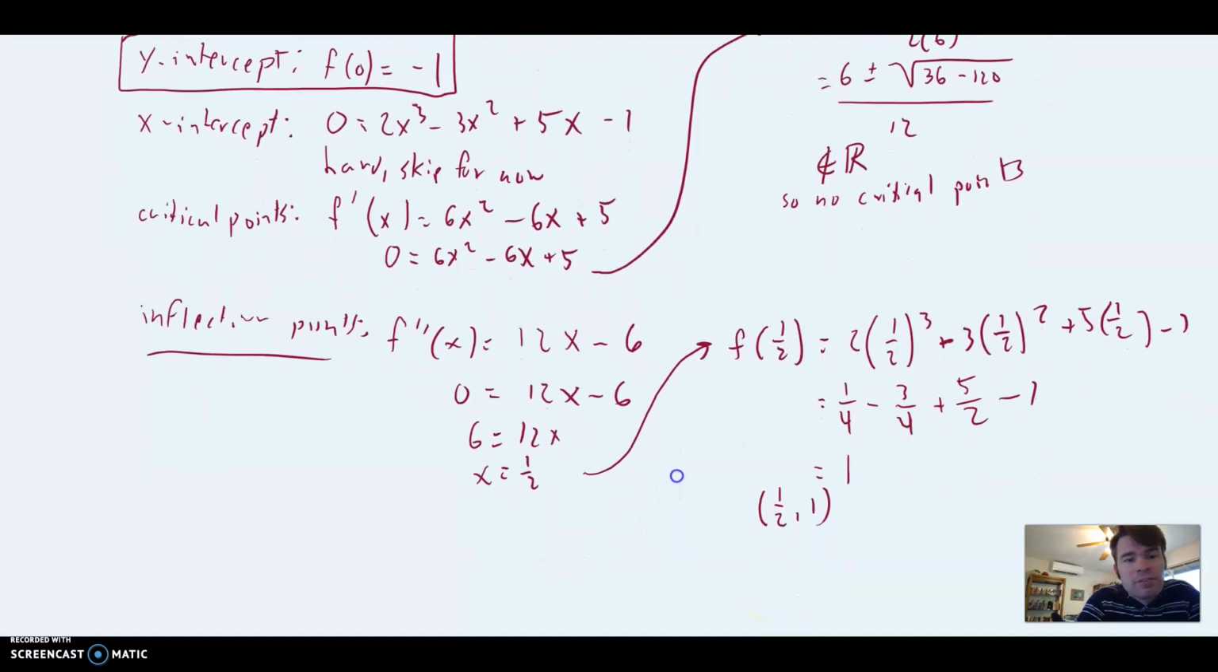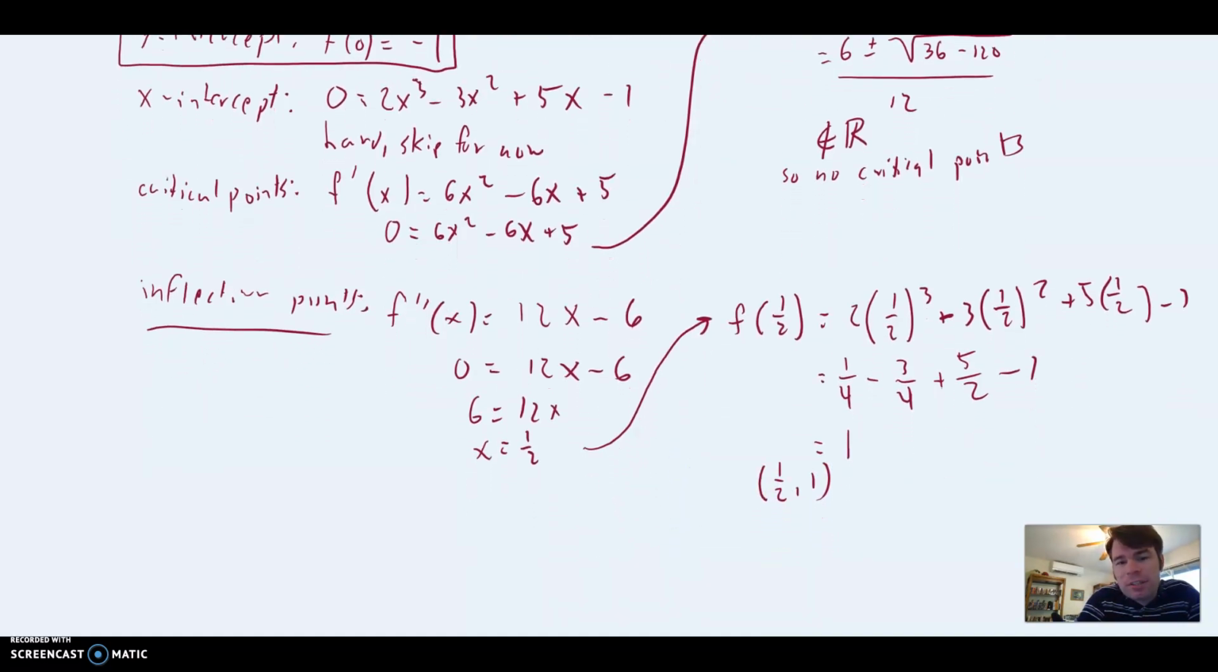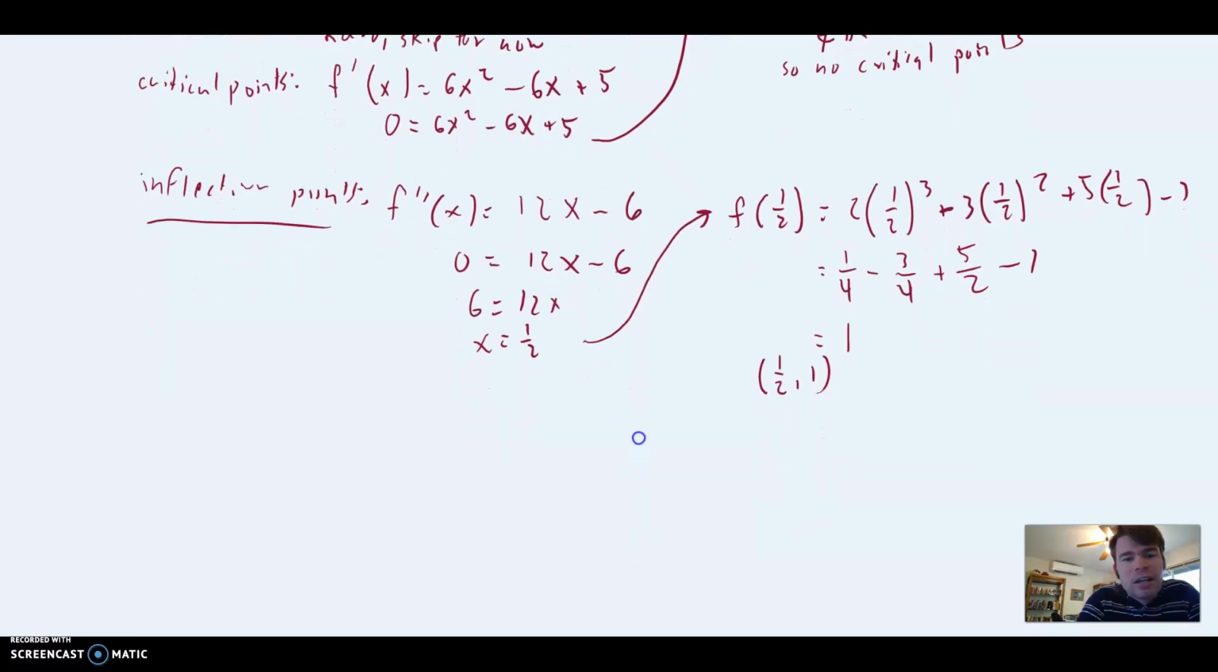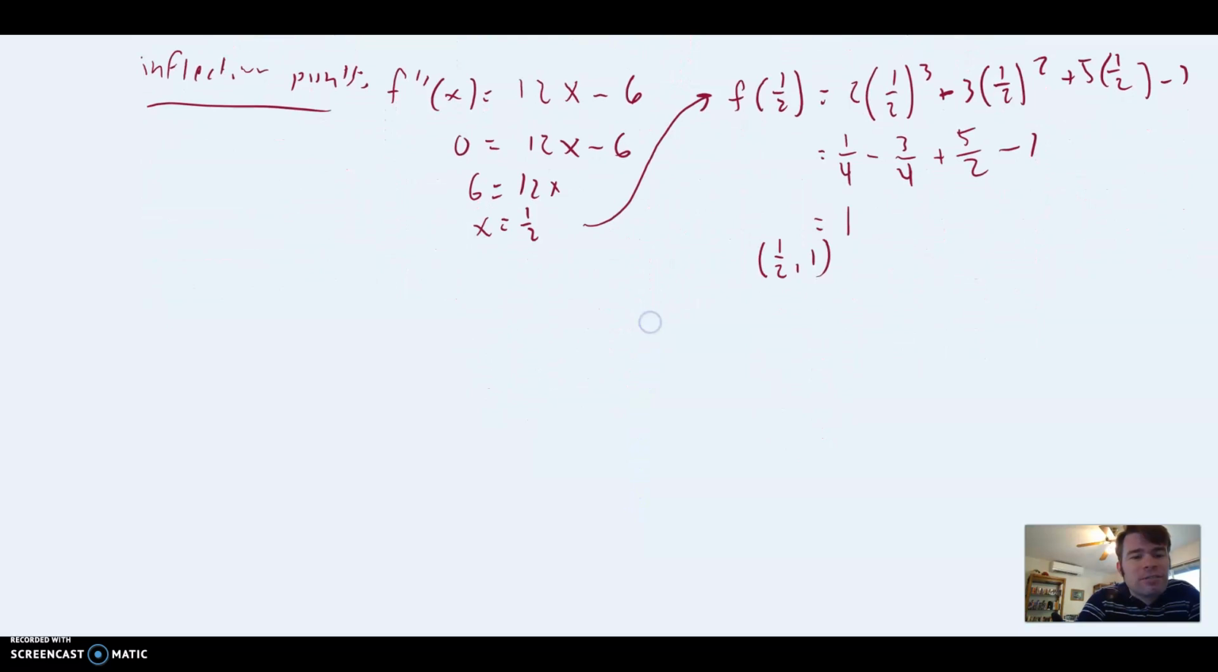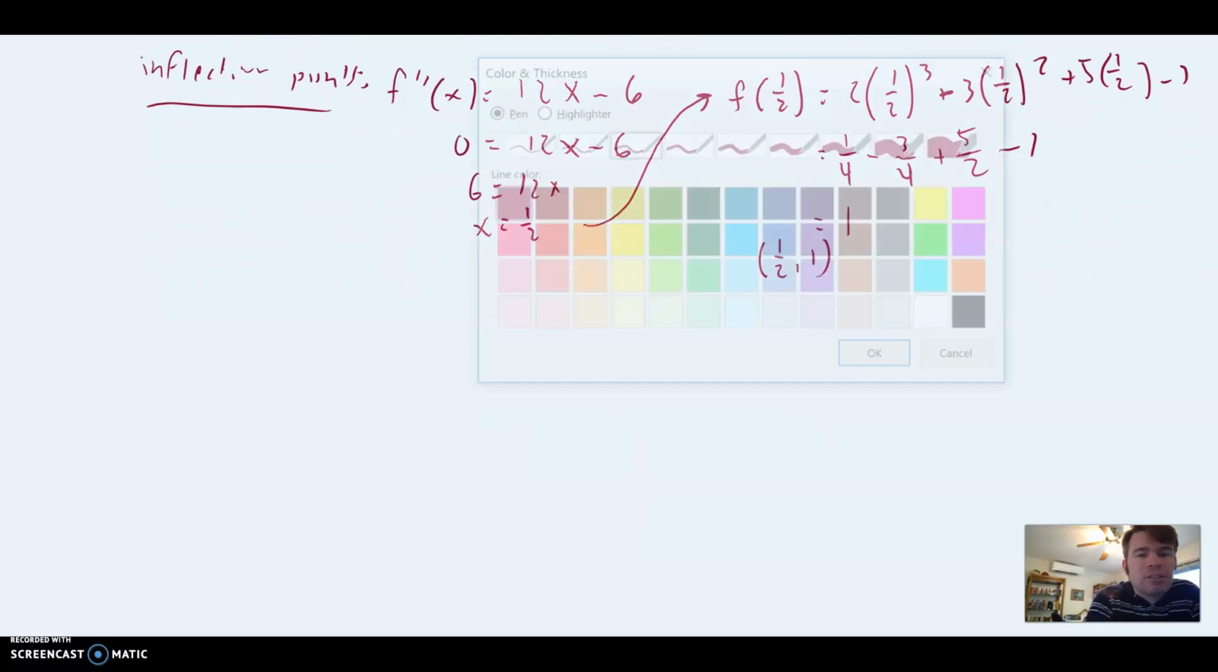And there's only one inflection point because this is the only place where we had that second derivative equal to 0. So what do we have? We have a little bit of information. Now that's not enough information to do this, but I'm going to start drawing the graph to see what we can get. So as we start drawing this graph,